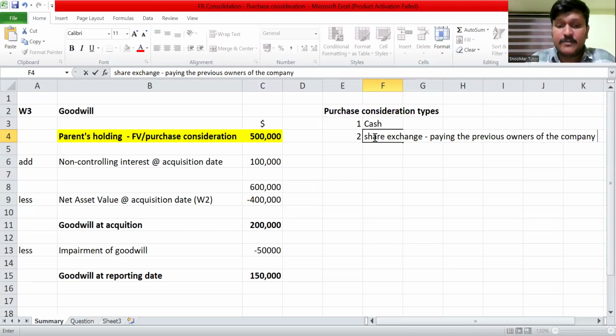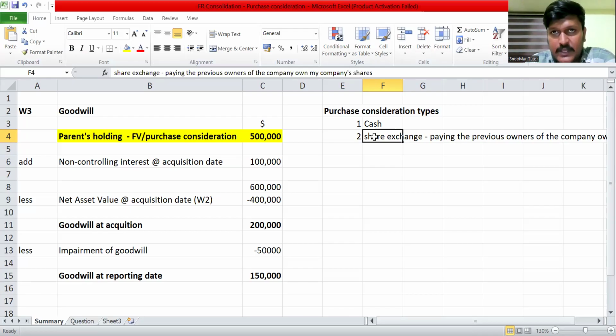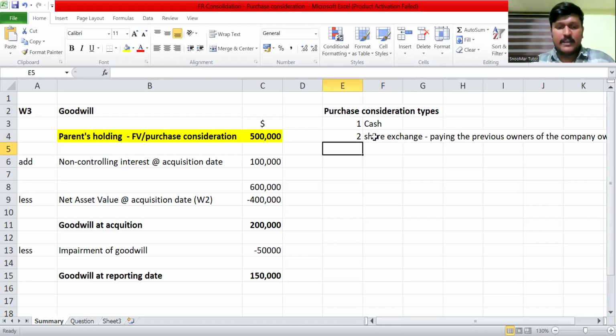Instead of cash, I am paying them in my company's shares, or let's say the parent company's shares. So this is what is happening in a share exchange. The parent company is paying the previous owners to acquire their shares. We are paying them our own shares, the parent shares, in a particular proportion that would be decided during the acquisition agreement. Now the third one is something called a deferred consideration,